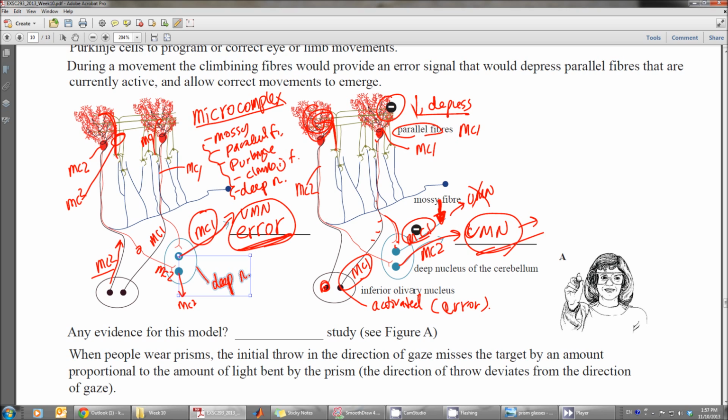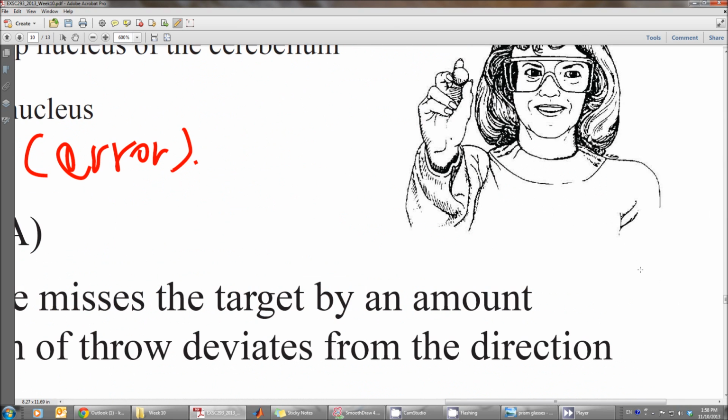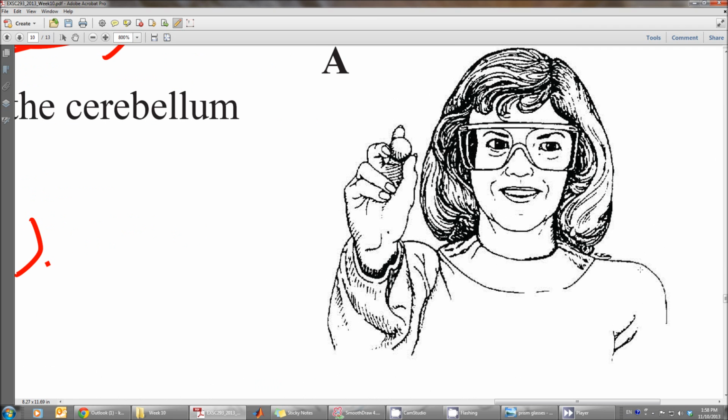The evidence of this motor learning type, trial and error type, comes directly from patients' cases who damaged the climbing fibers, the inferior olivary nucleus. And this is best exemplified by the prism study. In the prism study, the subjects wear prism goggles. And what these prism goggles do is, normally if we see, so this is, let's say this eye,